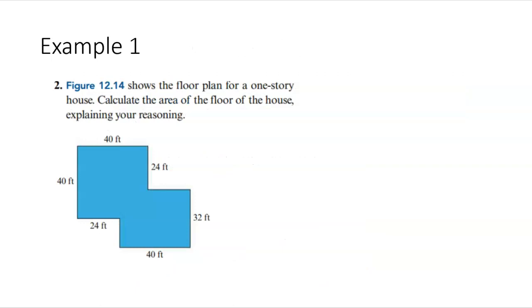Let's do an example. This is a floor plan for a one-story house. We can calculate the area of the floor of the house, and we need to explain our reasoning. There are lots of different ways to divide this up, but what I'm going to do is divide it here, and then divide there. So I've got three pieces, and I'm actually not going to use numbers because I don't want to confuse us. We've got A, B, and C. A here is 24 by 40, so I know that's going to be 24 times 40 plus